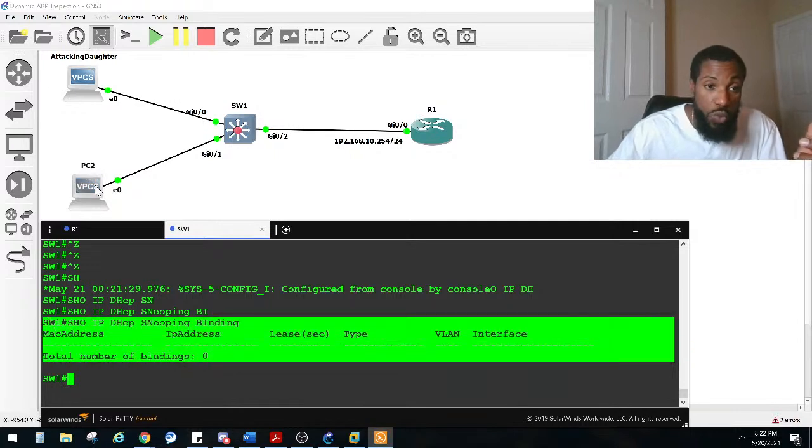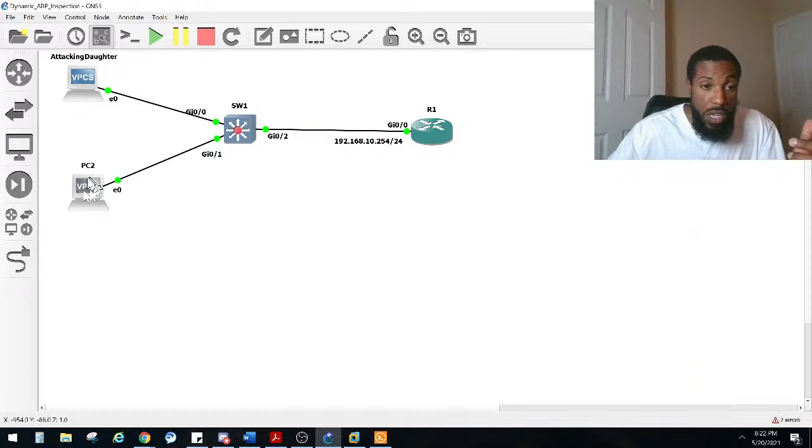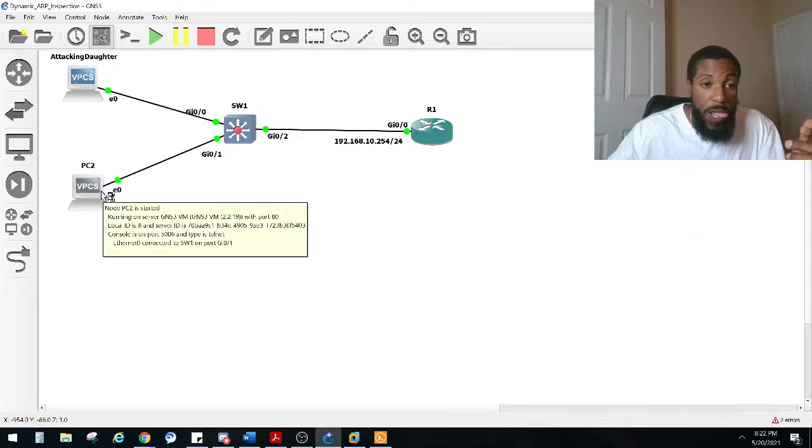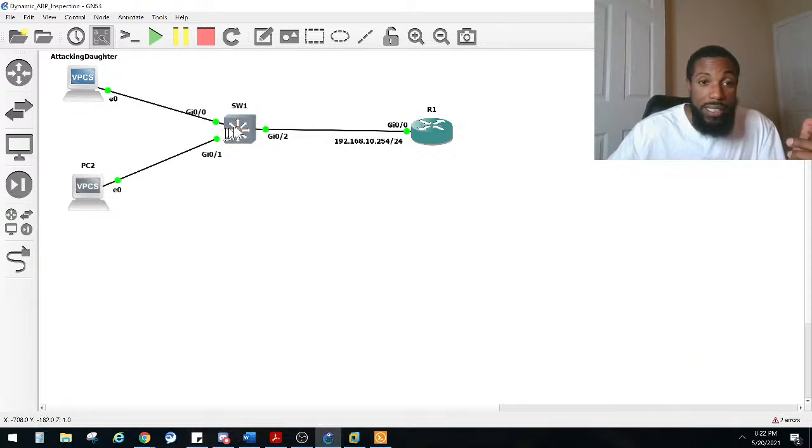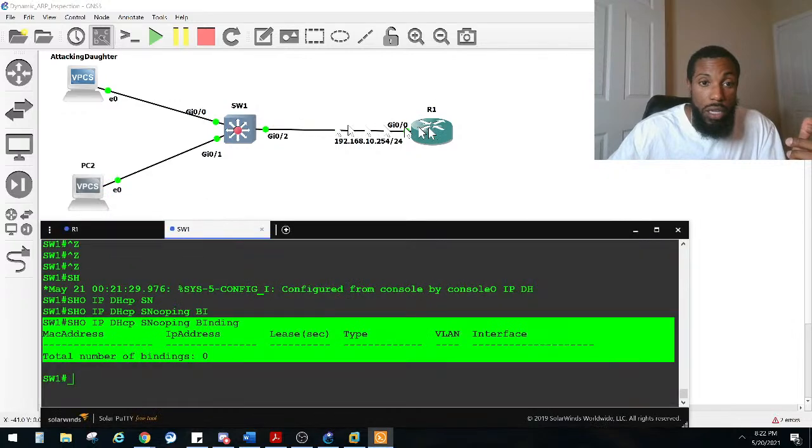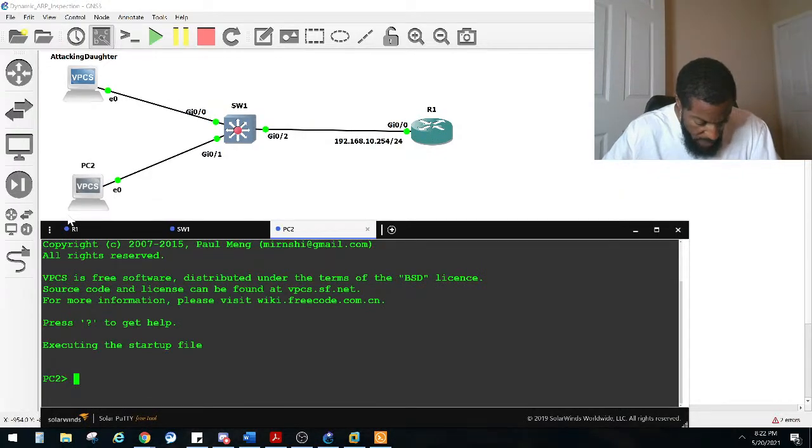So let's go to PC2. Since this is going to be a client, we're going to have him request an IP address. Oh, let me see. Did I forget something here? I did. Let's see. On port 1 and 2, enable. Before I make that request, on switch 1,